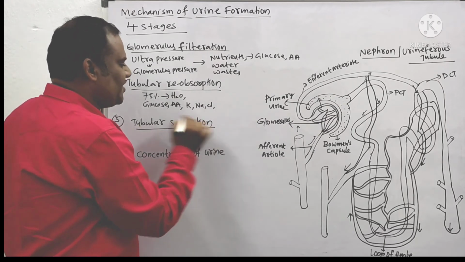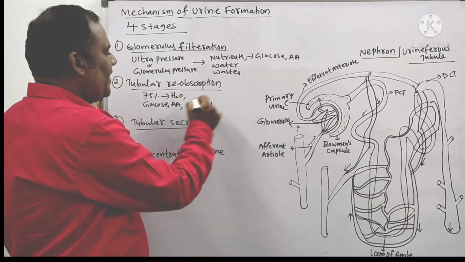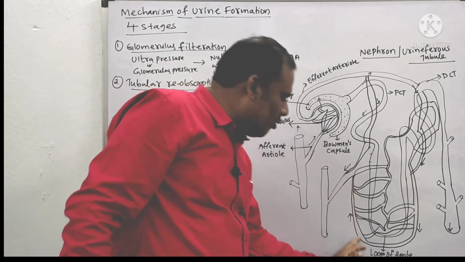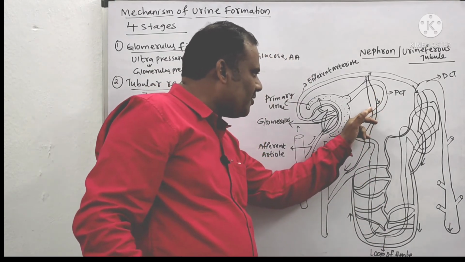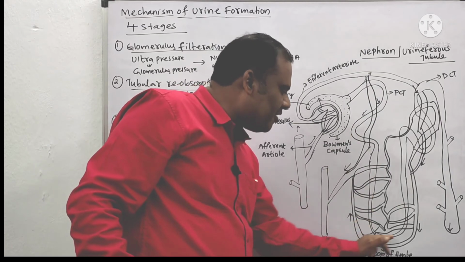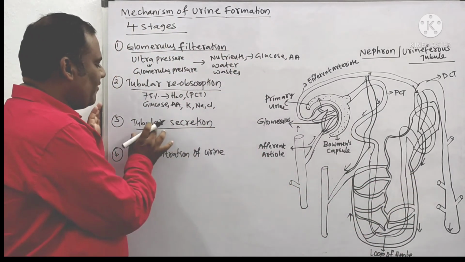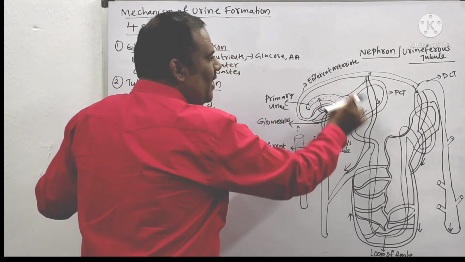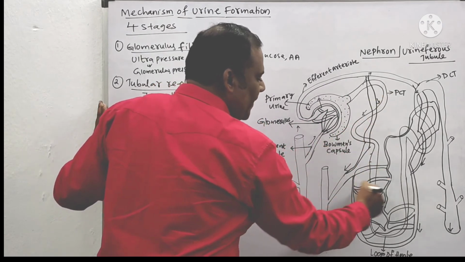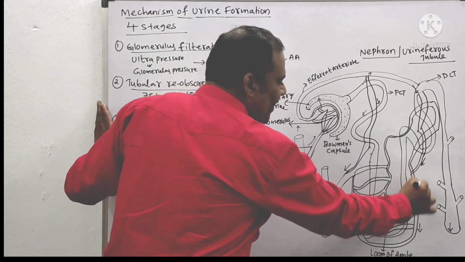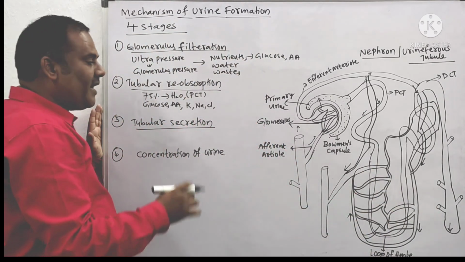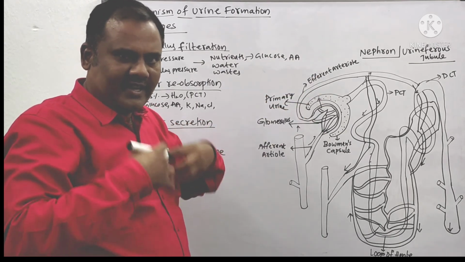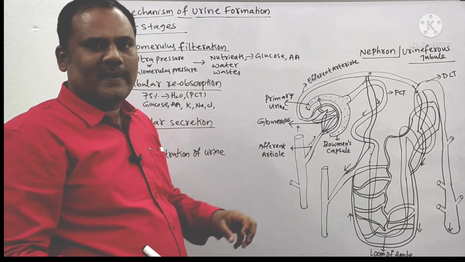Next, tubular secretion. In the third stage, what is that? Tubular secretion. And this mainly occurs in the PCT, the proximal convoluted tubule, where the water absorption happens. And next, in the loop of Henle, the primary urine is slowly passing on. You see this arrow mark, slowly passing on, and coming into the loop of Henle. While they are coming in the loop of Henle, tubular secretion occurs. I already told that this efferent arteriole will divide into several small blood capillaries and form the peritubular network. These all are a peritubular network. This peritubular network collects the waste materials from all parts of the blood.